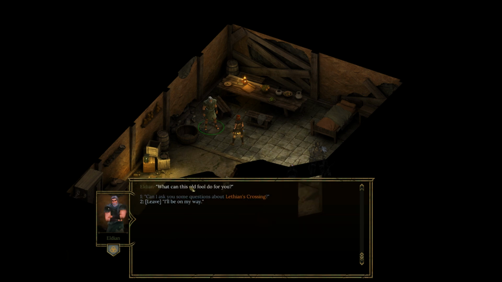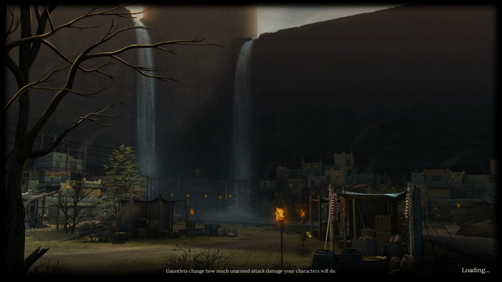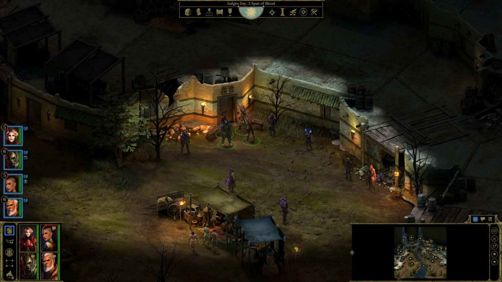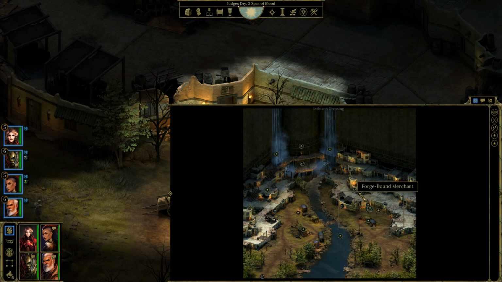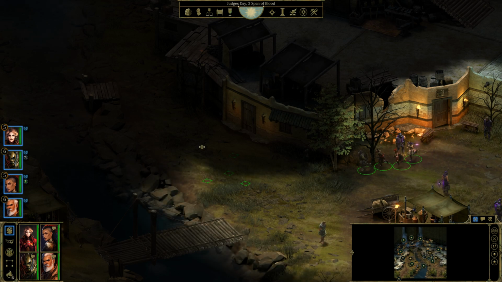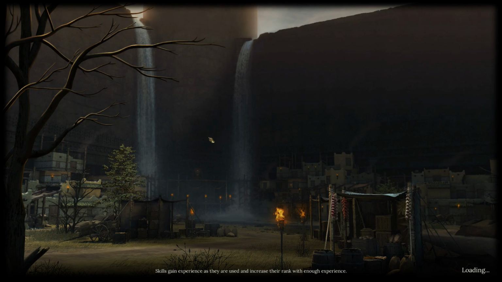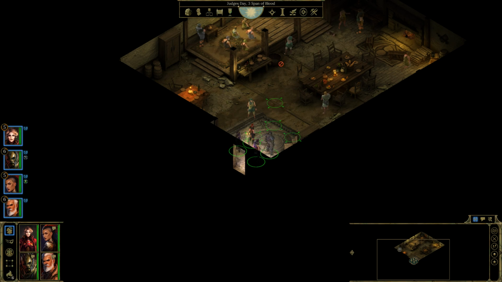Okay, we've got enough information here. So one thing of interest, Siren here in Lethian's Crossing. Now that we've been given firm confirmation of her presence here, we shall go and check it out. So that is right here. I got it. Literally round the corner. How handy. And indeed,